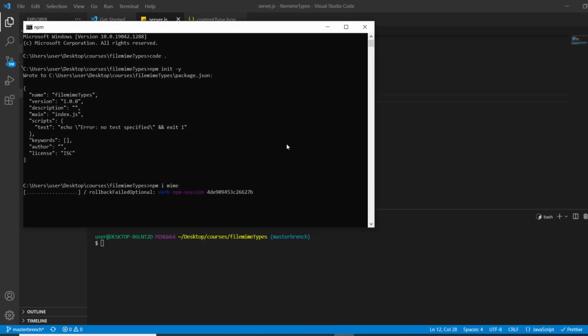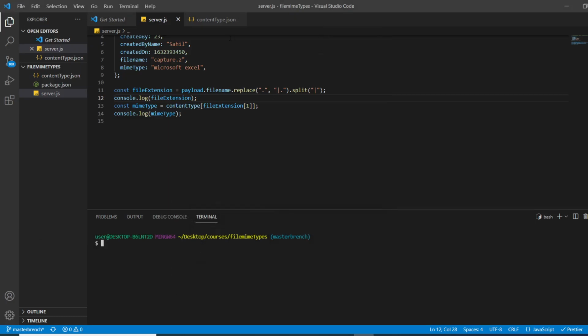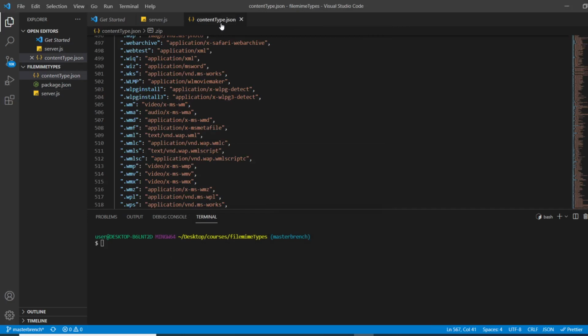So what we are going to do, there are people who don't want to use this content.json because it's a big file.